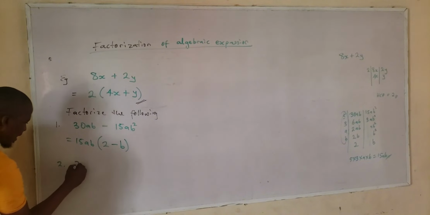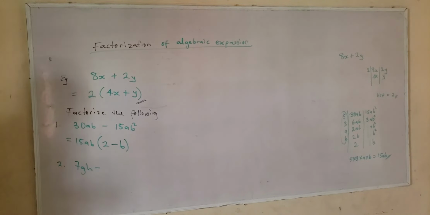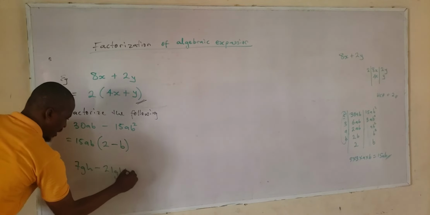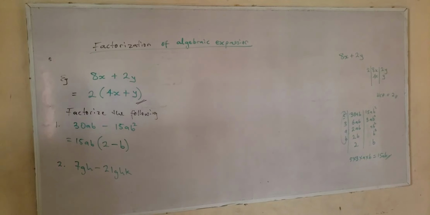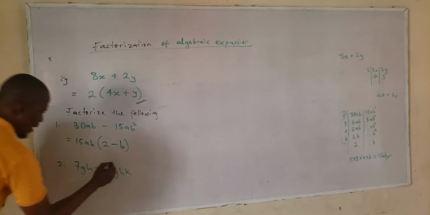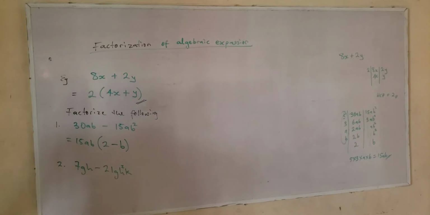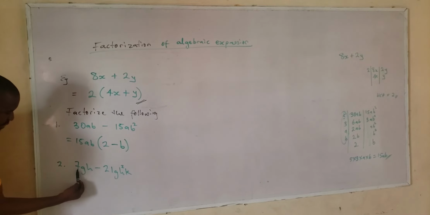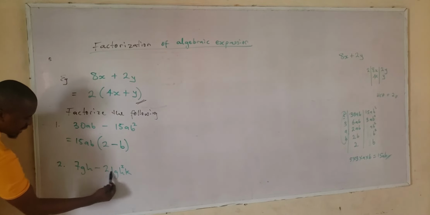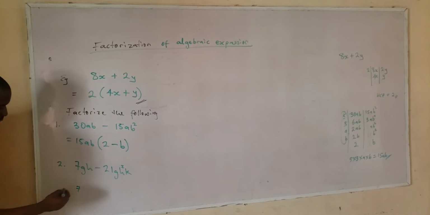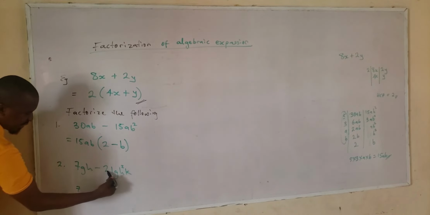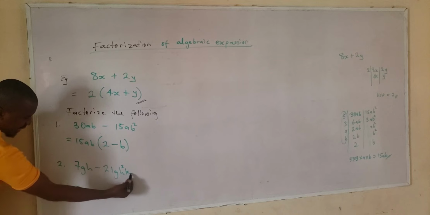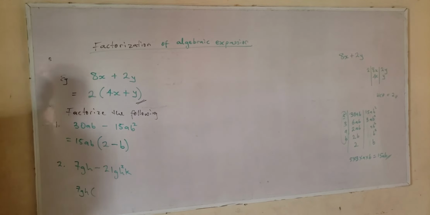Okay, let's have 7GH minus 21GHK. Okay, let's put a square there. So with this, we do the same thing. What is common? 7 can go in this first expression, 7 can go in this second expression. So we have 7. G can divide here, G can divide this one, so we have G outside. H can divide this, H can divide this, so we have H here. So when you do that,